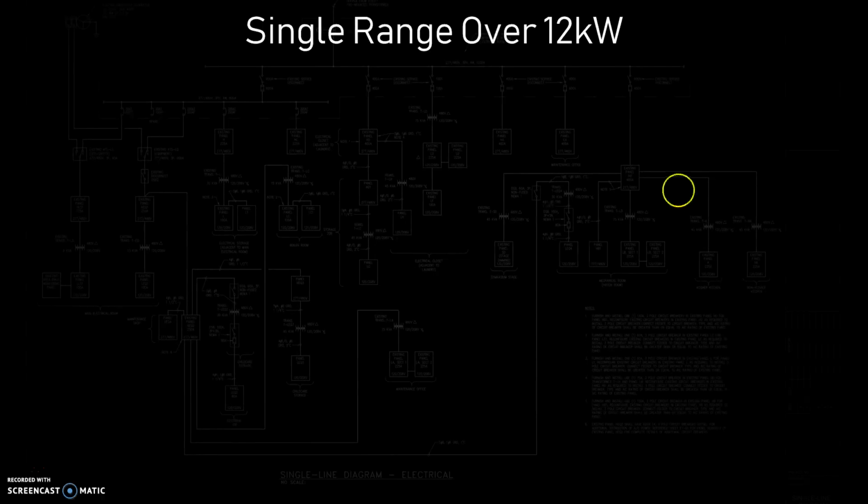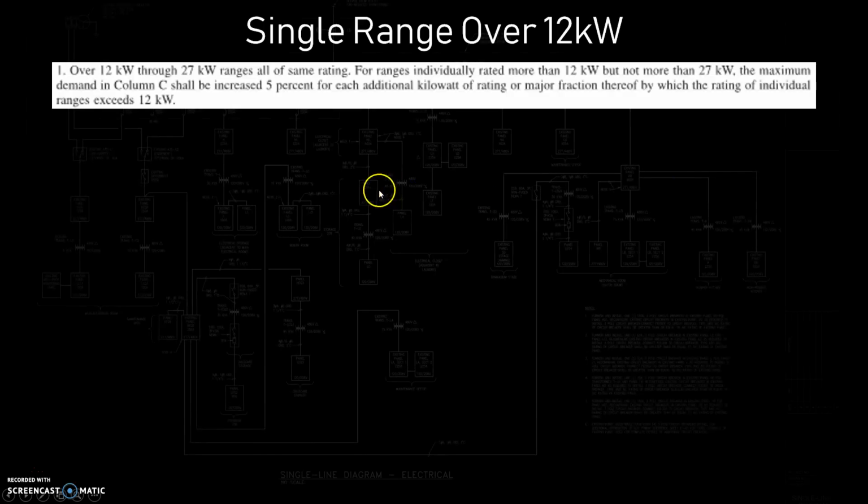So jumping into our first instance here, a single range over 12 kilowatts. If I go back to note 1 on the table, it tells us over 12 kilowatts through 27 kilowatt ranges, all of the same rating. For ranges individually rated more than 12 kilowatts but not more than 27, the maximum demand in column C shall